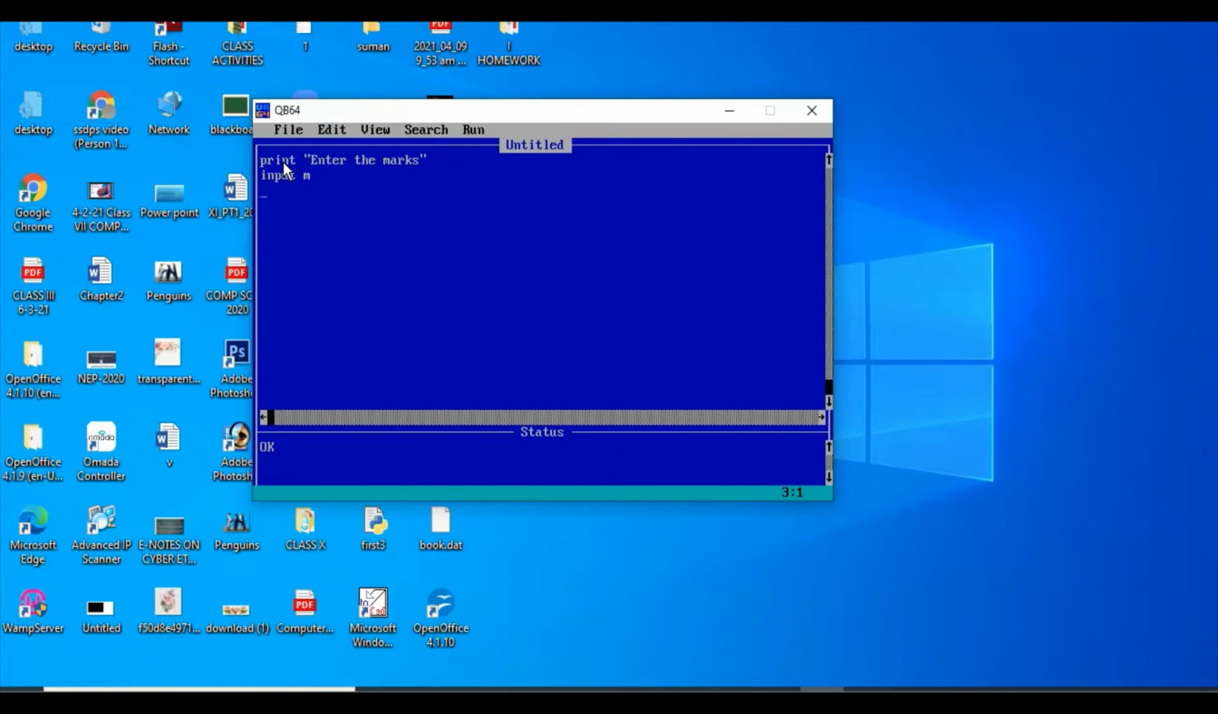What is the role of input statement? Input statement is used to input the value from the user. Through the input statement, the user can provide any value from the keyboard. When you run this program, a question mark will be there and the cursor will be blinking. That will prompt the user to enter any value. Okay. If m more than 80, then